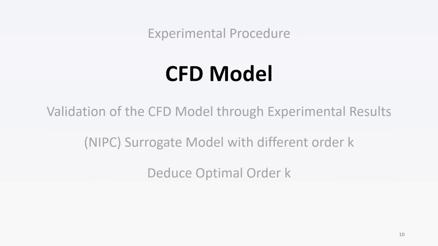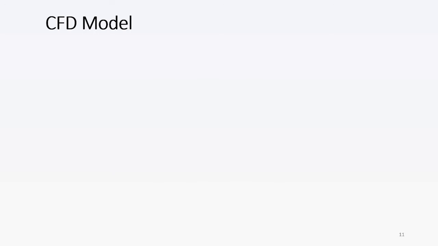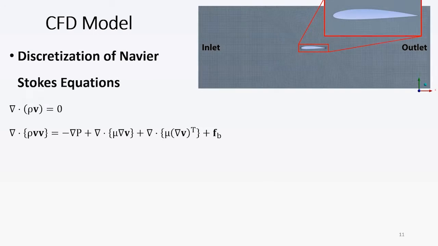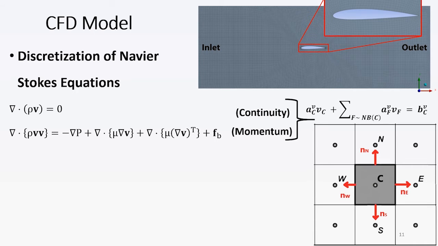Now that the experimental coefficient of lift and drag were calculated, we can proceed with building the CFD model. Describing the flow behavior is done using the Navier-Stokes equations, which are made of the continuity and momentum balance. Discretizing these equations, by first applying the divergence theorem, then using a linear interpolation for diffusive terms and the second-order upwind scheme for the convective terms, will result in an equation that relates each cell center with its neighboring cells